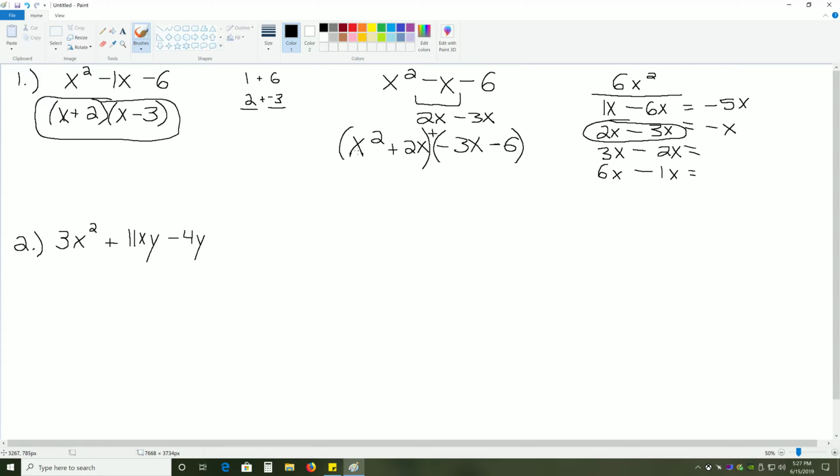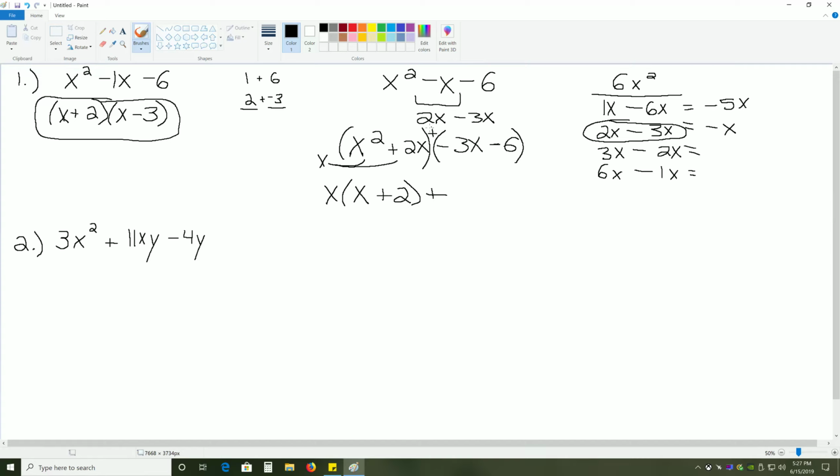So we want to factor out whatever's common between the first two terms. There's an x in common, which gives us x times the quantity of x squared divided by x is x, plus 2x divided by x is 2,